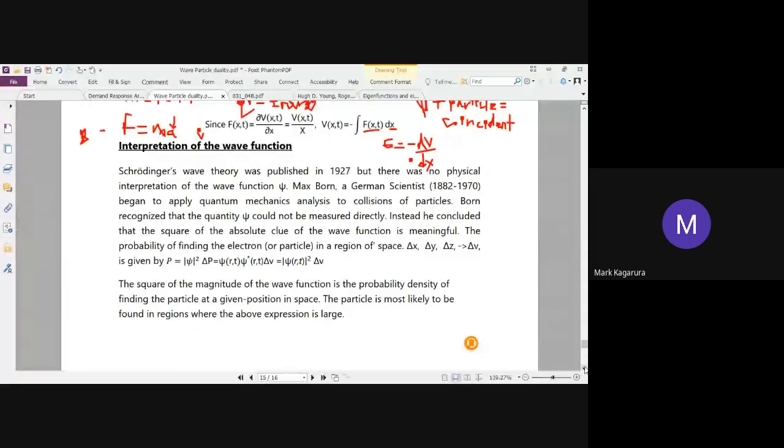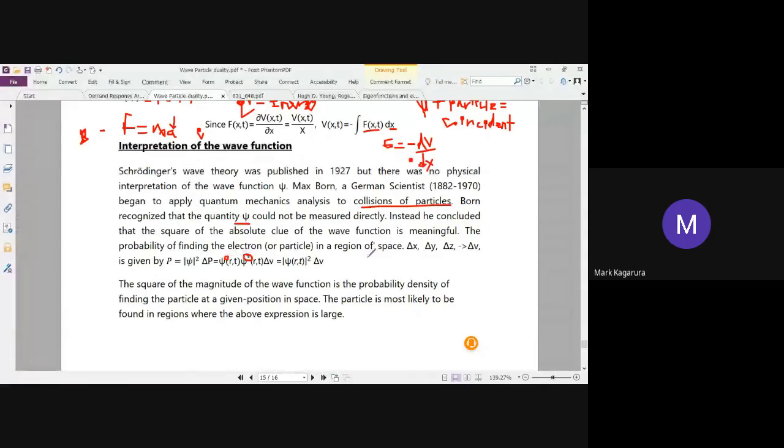So we have already looked at this even before we talked about Schrodinger. It was interpreted by Max Born, and we began to apply it to collisions of particles or to interaction of particles. So you can't measure this quantity psi directly, but you can see that if you get the conjugate times the function,